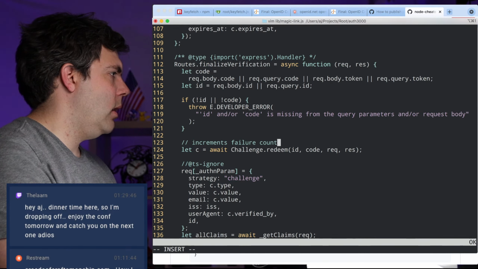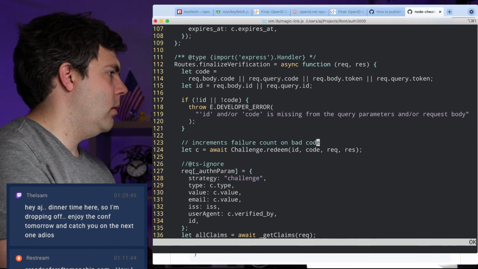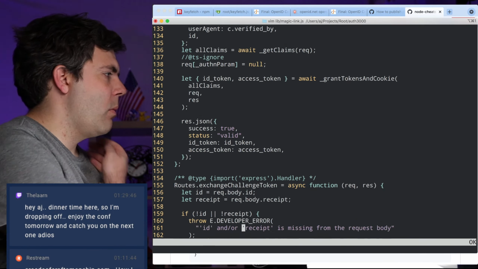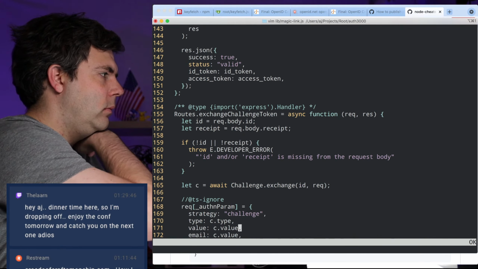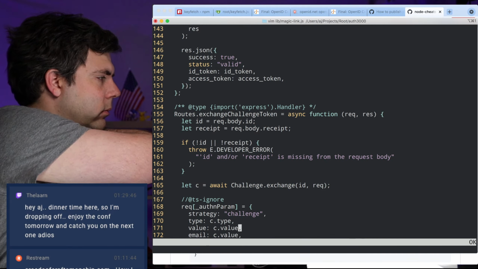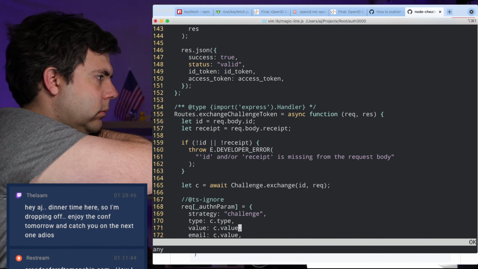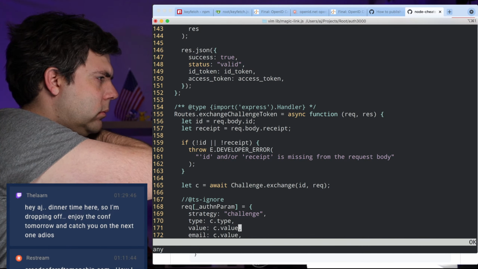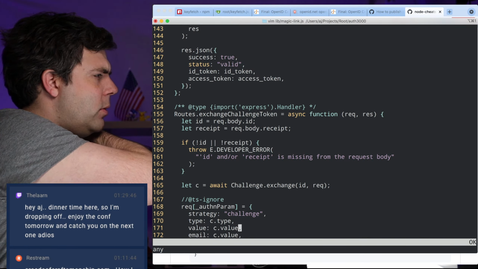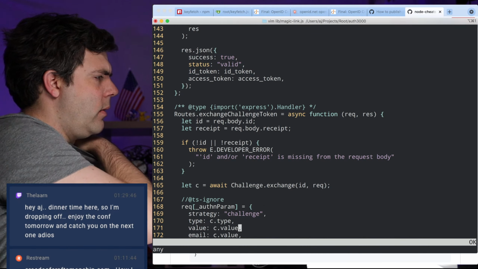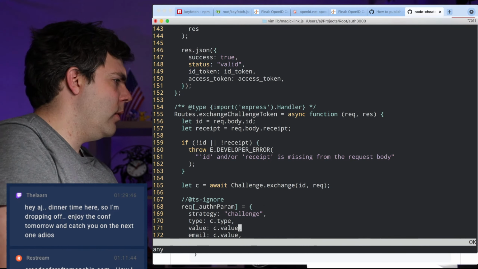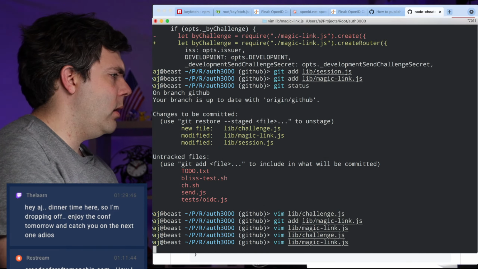Increments failure count on bad code. And we also do need a similar error message for redeemed on exchange.